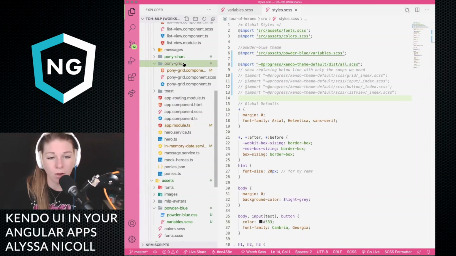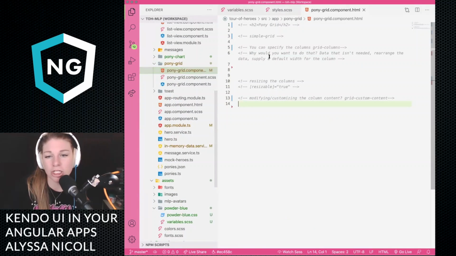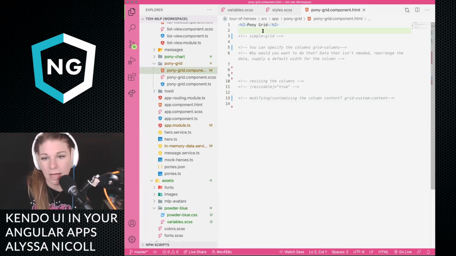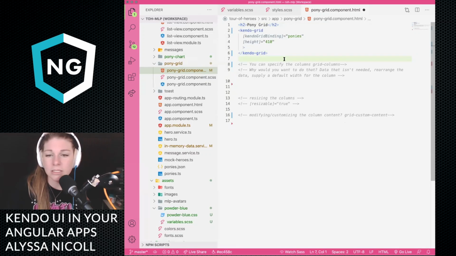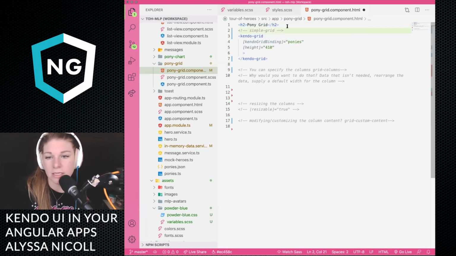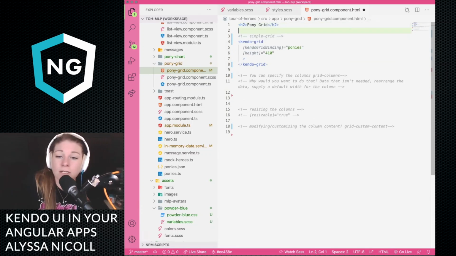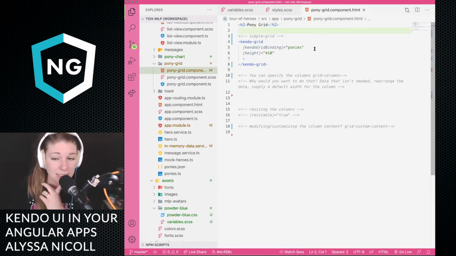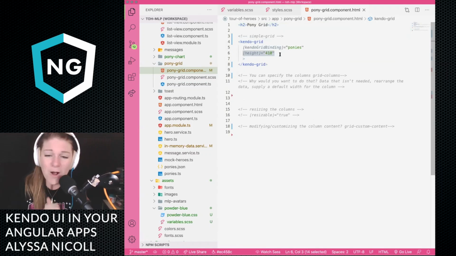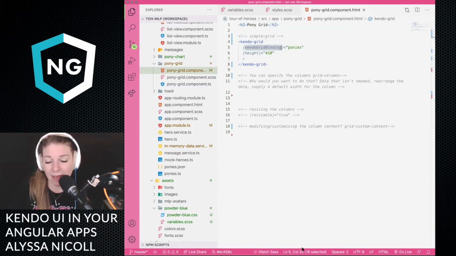But I'm about to show you how to make the simplest grid possible, which was the challenge. If we go into my pony grid component that I created just for this, we can bring back our pony grid, and I made a simple grid. And a simple grid she is. I'm going to leave my comments in case you check out the code I push up afterwards so you can follow along easier. This is the simplest that I could make it. I guess we could get rid of the height, actually. We can go even further. Really, you just need the Kendo grid and the binding to the data. And you're like, really? That's all you need?